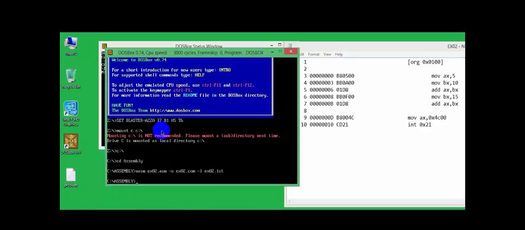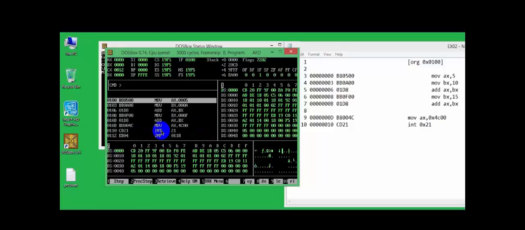Now open this program in the debugger, afd ex02.com. The com file is basically the debugger's file. Okay, firstly look here, the AX value is 0 and BX also got 0. Here when we press F2, the constant 5 moved to AX.